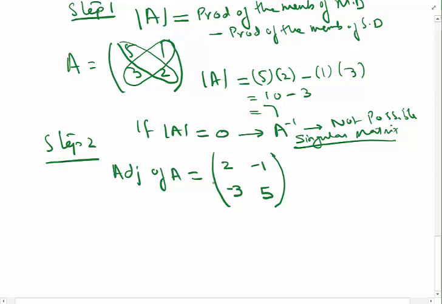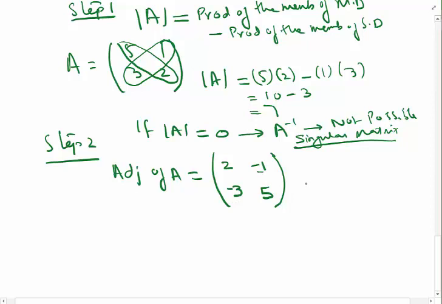I'm repeating it: interchange the members of the main diagonal, meaning writing 2 in place of 5 and 5 in place of 2, and reverse the signs of the members of the secondary diagonal without interchanging them. So we have 1 and 3 in our original matrix, so we write minus 1 and minus 3